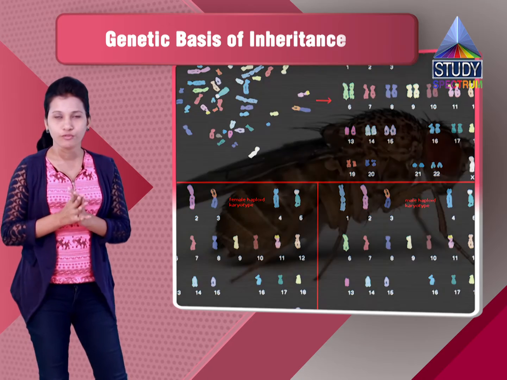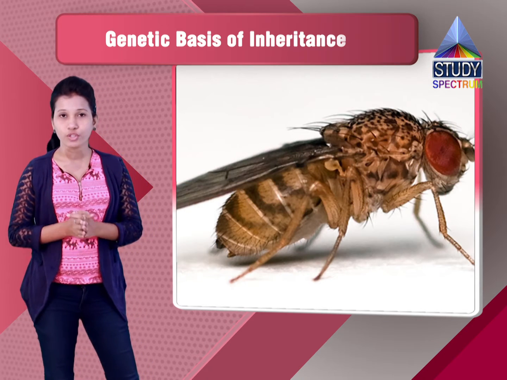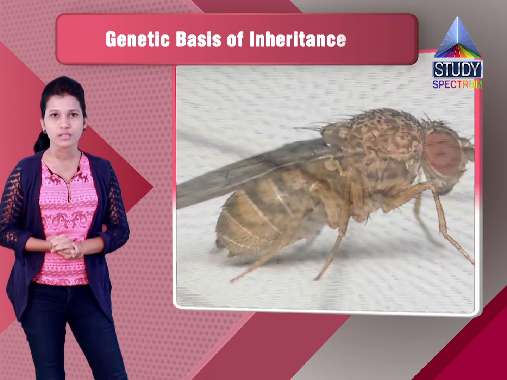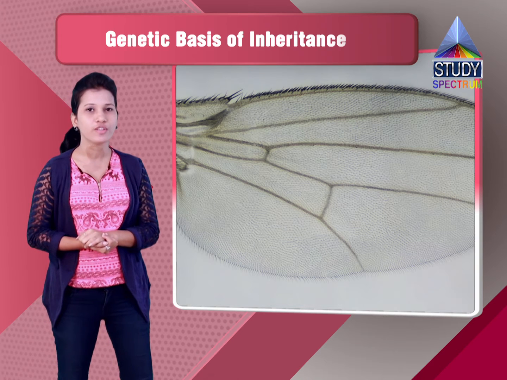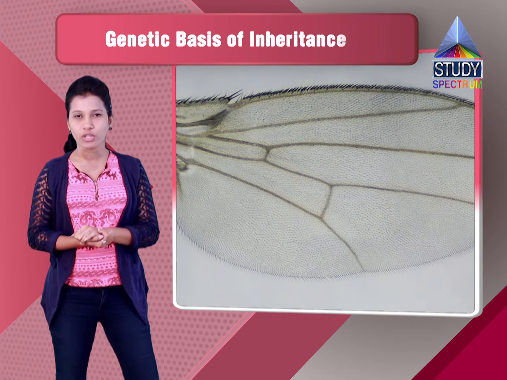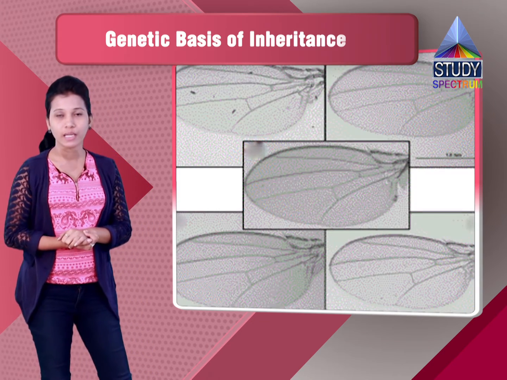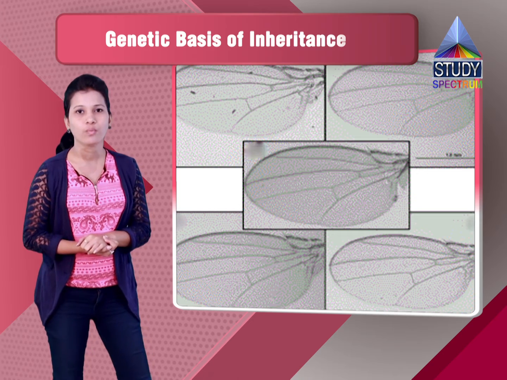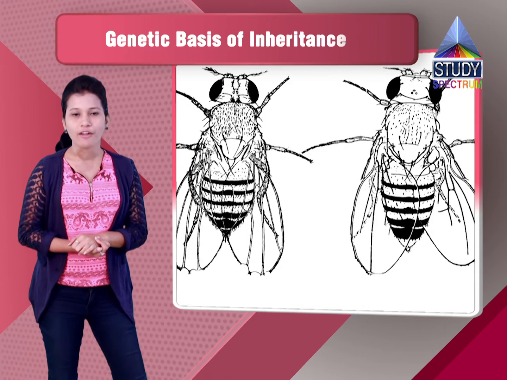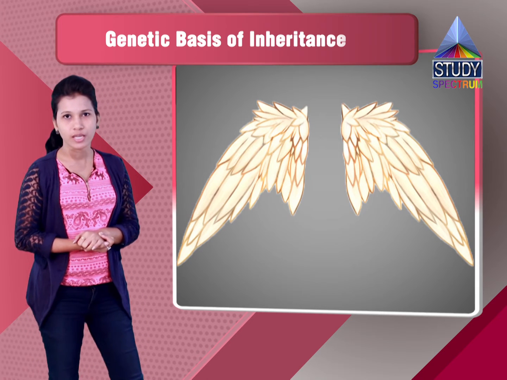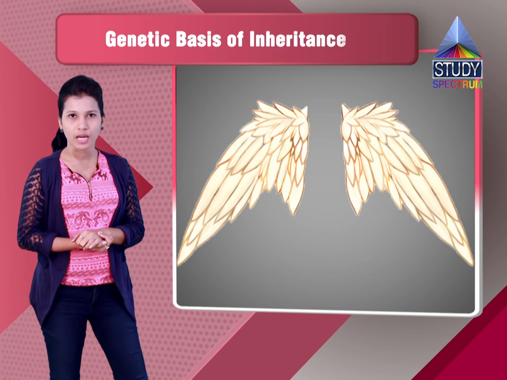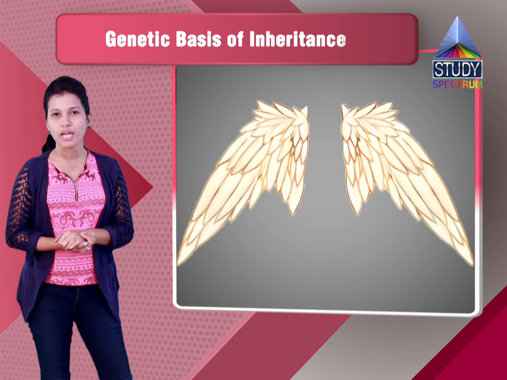Then if you see the Drosophila, the wings of the Drosophila, the phenotypes and the genotypes are given as per the table. You can see that the first one, that is the normal wings, the genes will be VG plus. For the phenotype, that is for the naked wings, they will be having the genes like VGNI. For notched wings, there will be VGNO, and for strap wings, it will be VGST. For vestigial wings, where only the vestigial organ is there and actually the wings are not present, that will be having the VG.